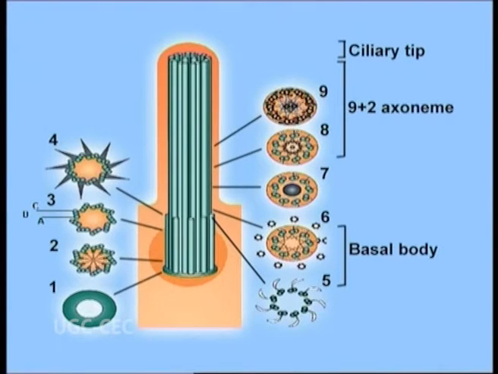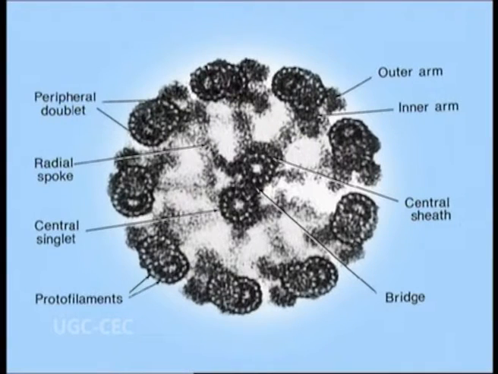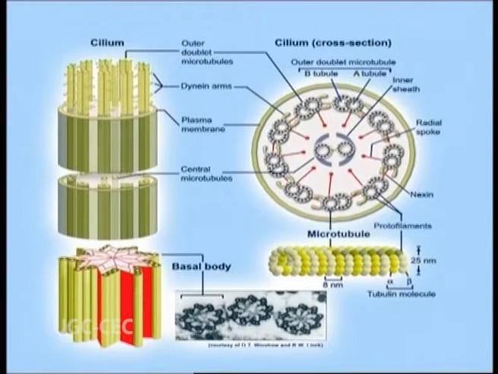Over here in A, B, C, you have the triplet protofilament, which converts gradually into the doublet protofilament in step number 9. This 9+2 array is characteristic of almost all cilia and eukaryotic flagella, from those of protozoa to those in humans. The microtubules extend continuously for the length of the axoneme, which is usually about 10 micrometers long, but may be as long as 200 micrometers in certain cells.